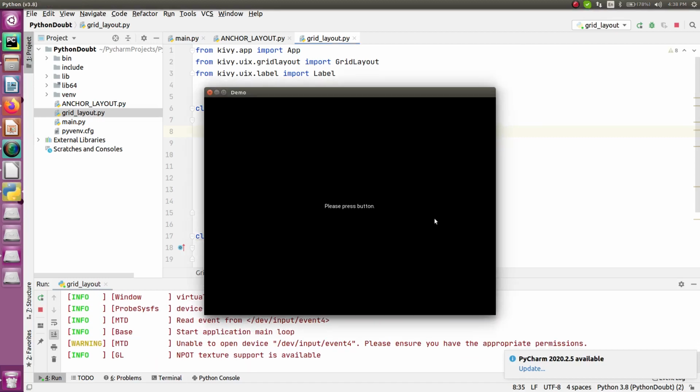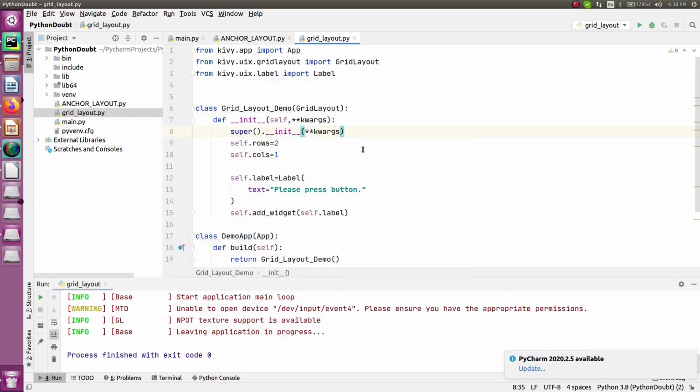See, you have got a layout, and that is a grid layout, and in there you can see there is a widget, and that widget is the label widget. But currently you can see there is no such variation as per the different layouts. So how can I differentiate between them, right? So let me just do it for you. You will get a differentiation with respect to the other layouts when you start adding multiple widgets to it. So let me add another widget, and that is a button.